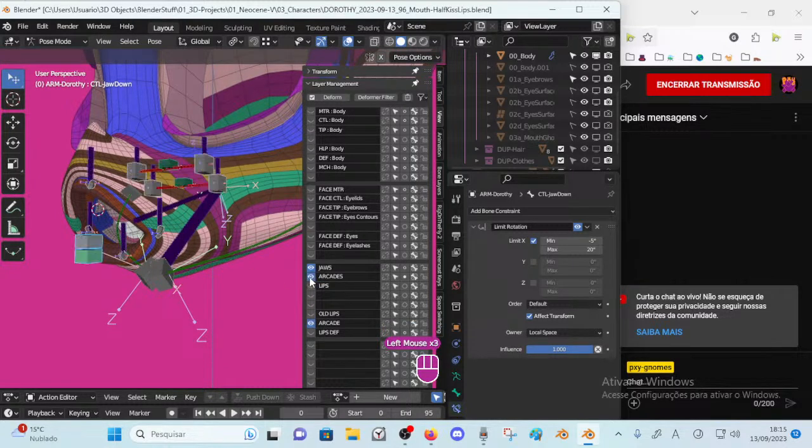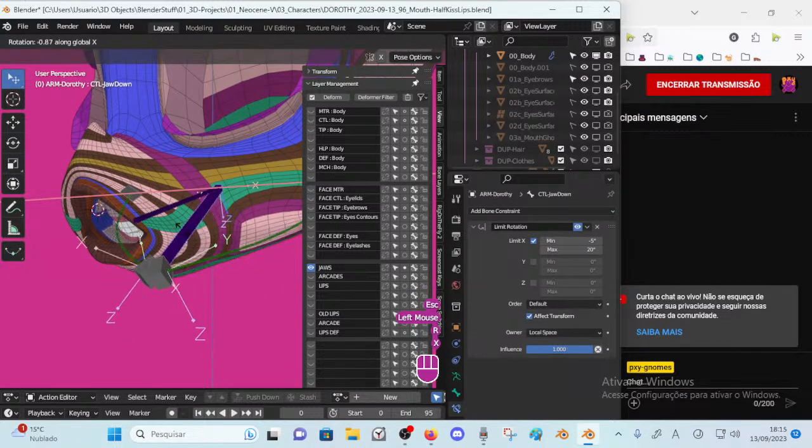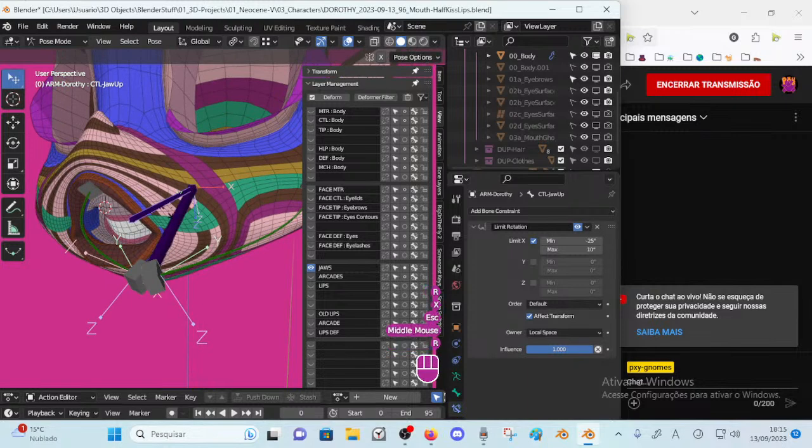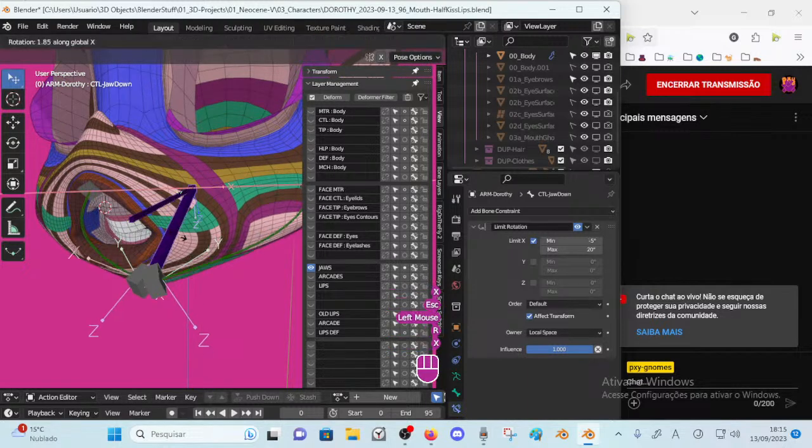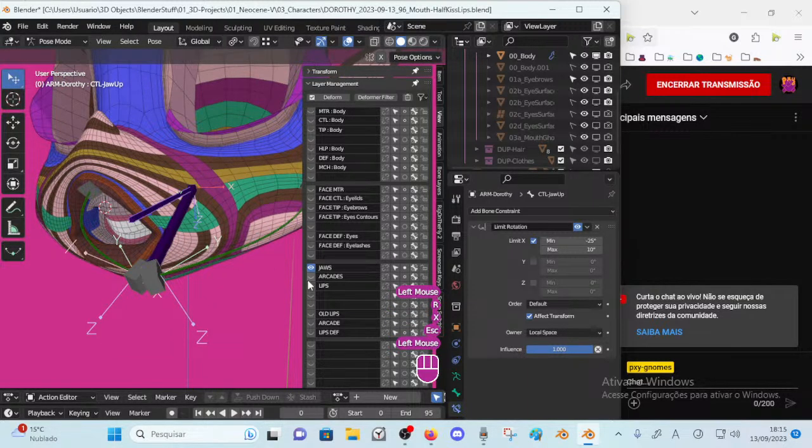So what that means is this is the mechanism system for the jaw, and the top jaw, actually the top arcade, but these are control bones for these two. For the other system,